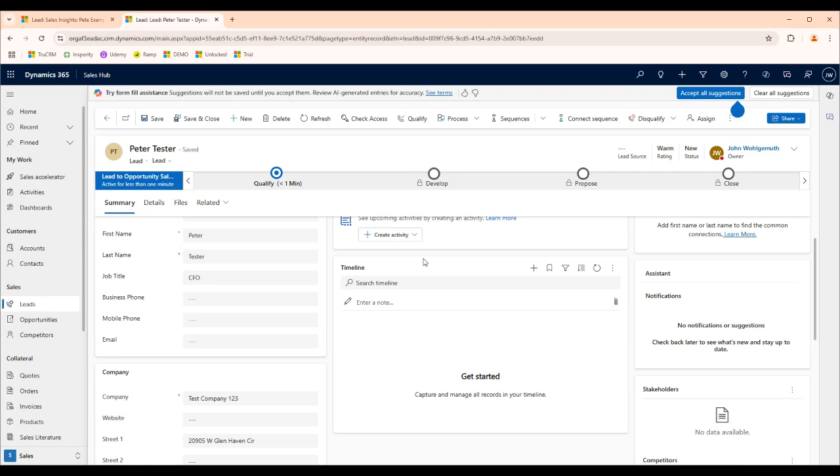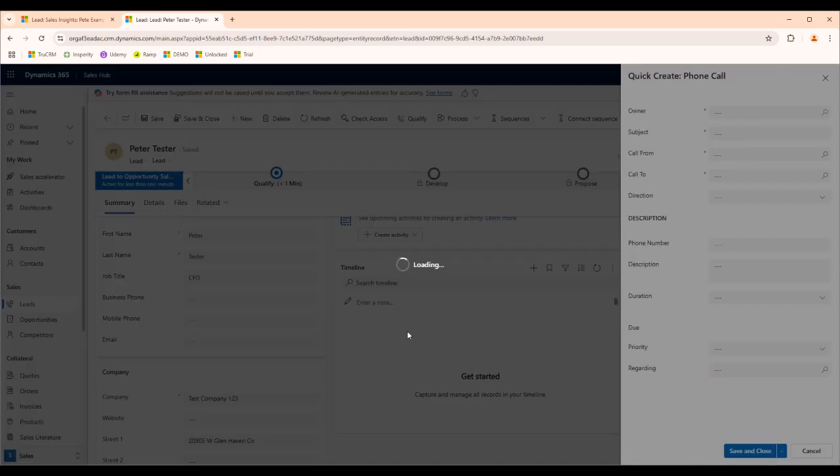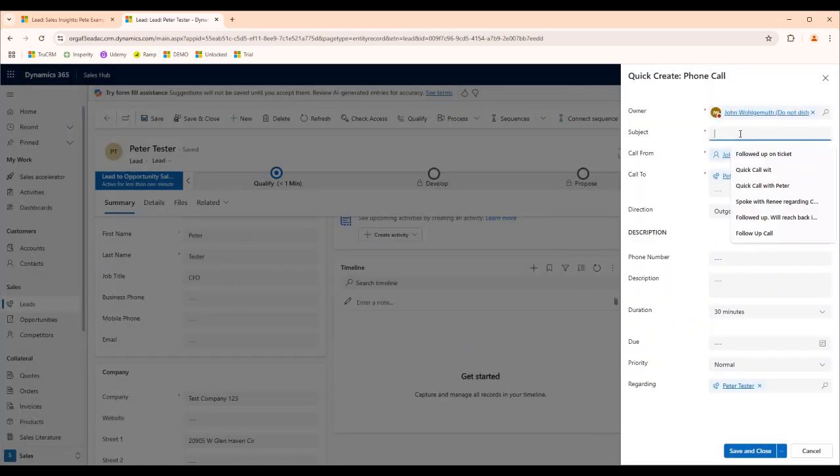And you will see this timeline on just about every record that you open here, especially all the primary records like the accounts and the contacts, because we want to be able to track that. So let's add some activities. To be able to add an activity here on the timeline, it's as simple as clicking the plus, and then I'm going to add a phone call. And then I'm going to say,